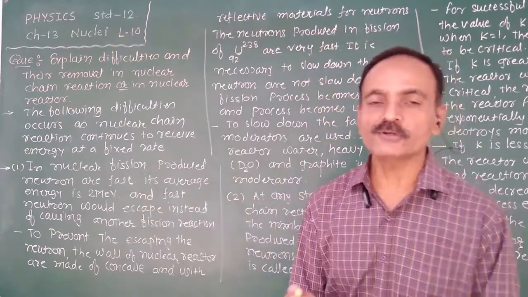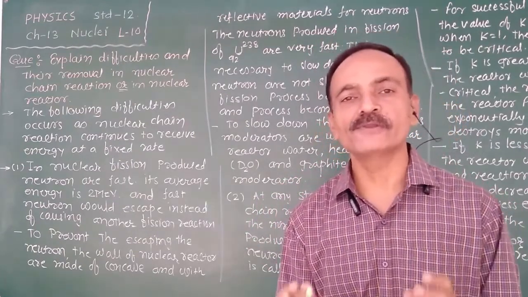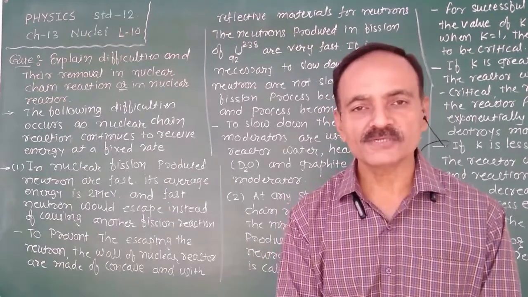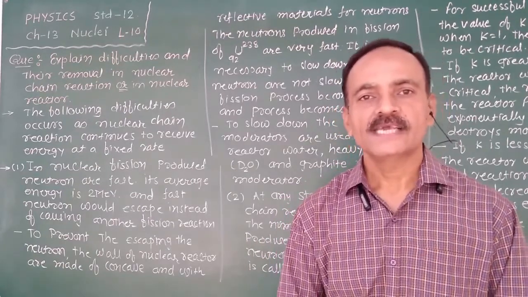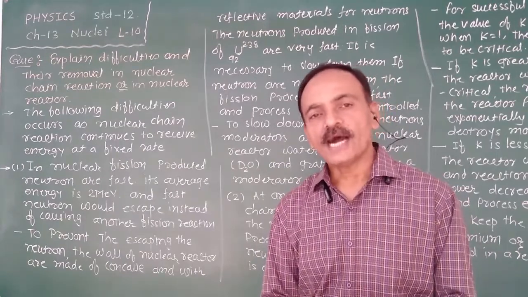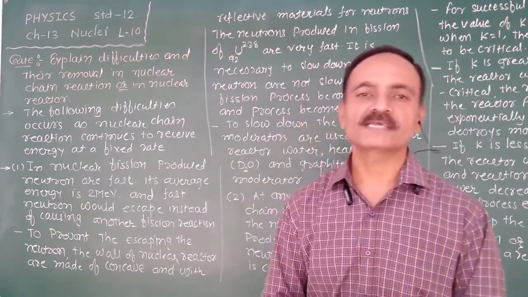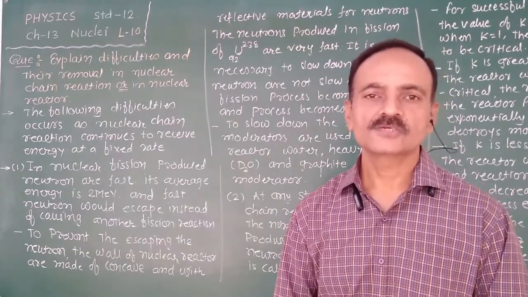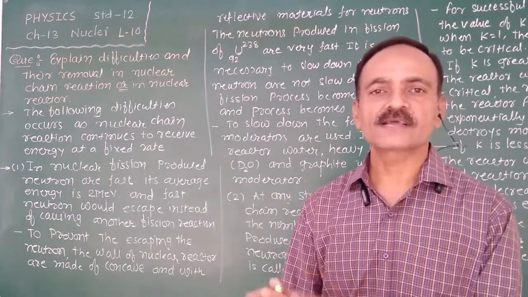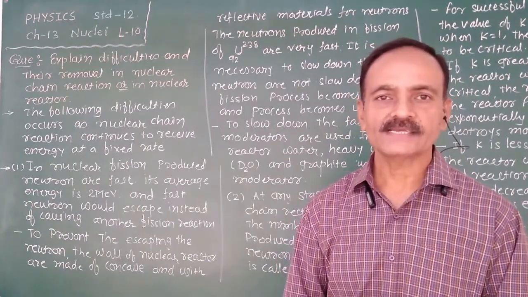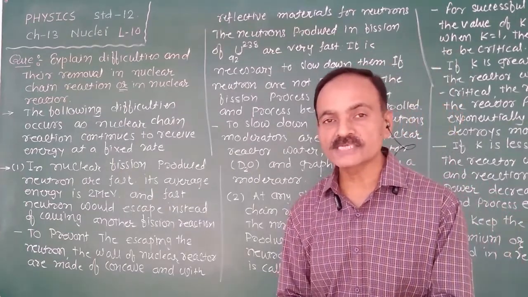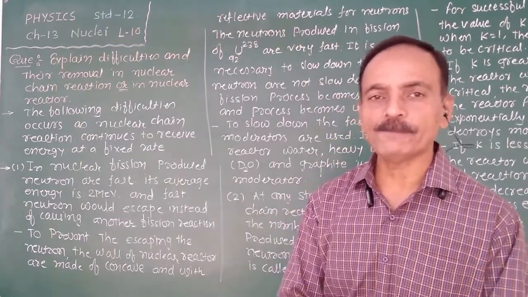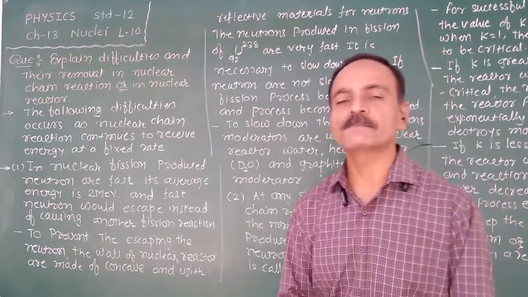Also, the produced neutrons should not escape from the nuclear reactor without performing fission with other uranium nuclei. If most of the neutrons escape from the fission material, the process becomes slow, and at last it stops. So we can't obtain energy at a constant rate. Therefore, it is necessary to slow down this fast neutron, and also we have to prevent the neutrons from escaping from the fission material without performing the fission process.